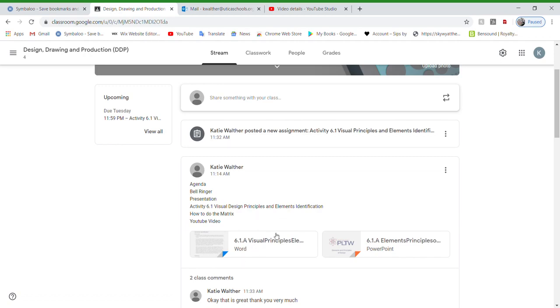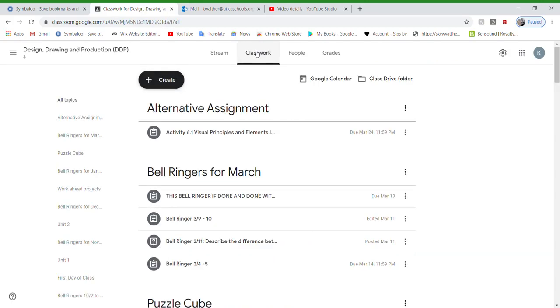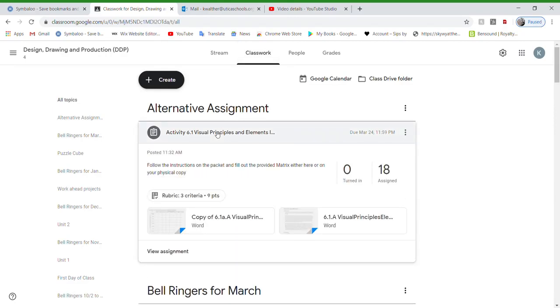So with that said, we're going to get into this visual principles here, but I'm actually going to pop over here to the classwork, and I have it underneath alternative assignments. Okay, so under here on alternative assignments, we're first going to do the matrix. There are 2 components to this assignment. One is a matrix and one is a poster. I'm going to talk with you guys first about the matrix. So right here,